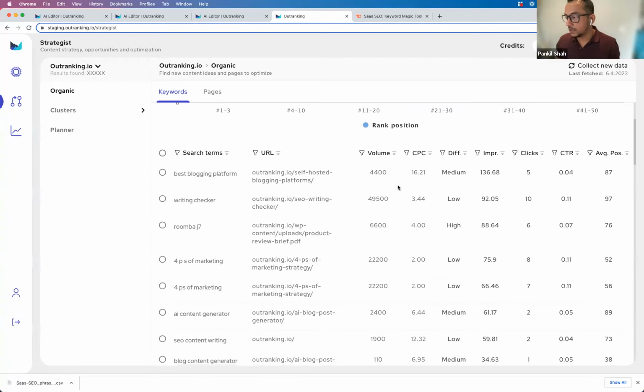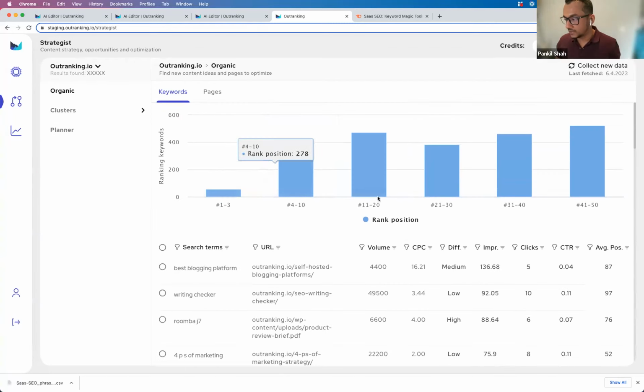Now, when you look at organic pages and rank distributions, you kind of want to understand where is your major chunk of opportunities. I can see that I have 475 keywords in the 11 to 20 rank, right? I know they meet a certain type of intent. They are in the top 20, so they might need small improvements, or internal links, or maybe even backlinks. So I can use this data to understand what's happening on my website.